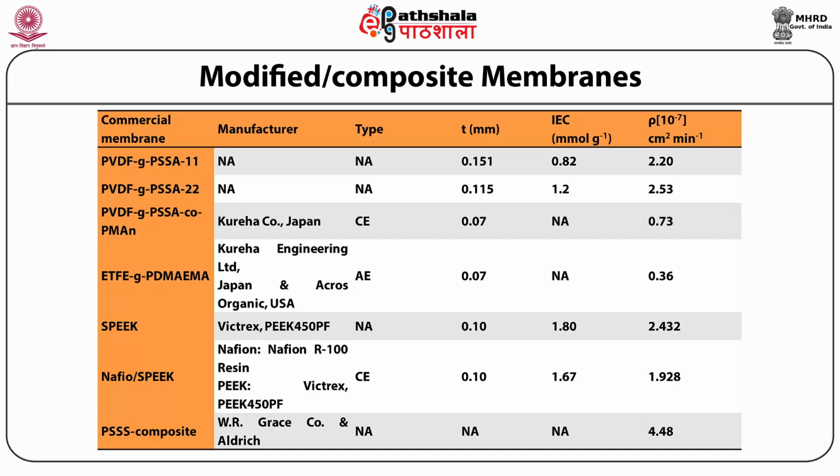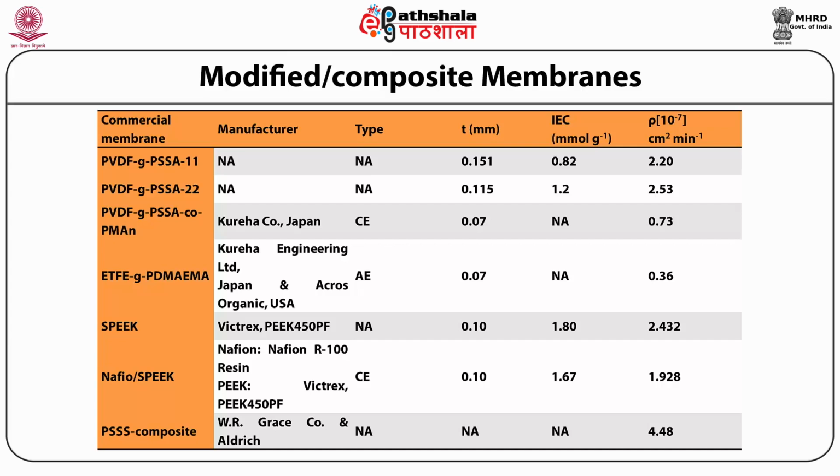Therefore, it has been suggested that polymerizable monomers might be grafted onto the matrix of polyvinylidene fluoride or PVDF. One example is polyvinylidene fluoride grafted polystyrene sulfonic acid, which can be said as PVDF-g-PSSA